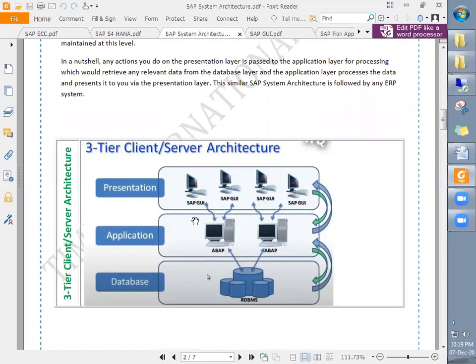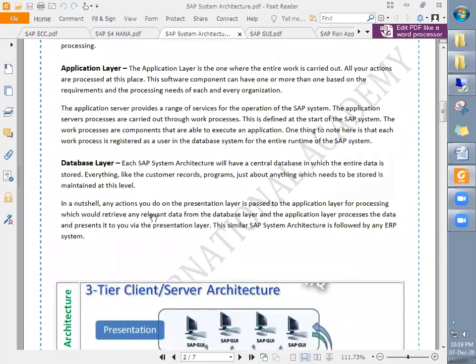Another important point when we compare ECC with S/4HANA: in S/4HANA, SAP has its own database called the HANA database, and in ECC, databases of other companies were used, like Oracle and others. But in HANA, only the HANA database is used. So that is the technical architecture we were discussing.